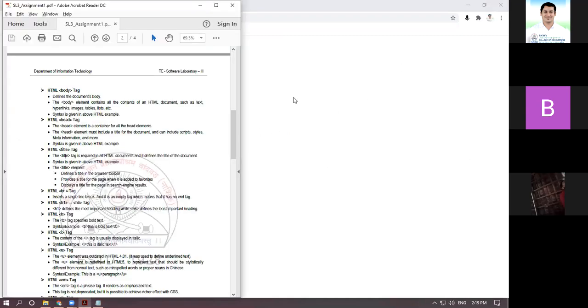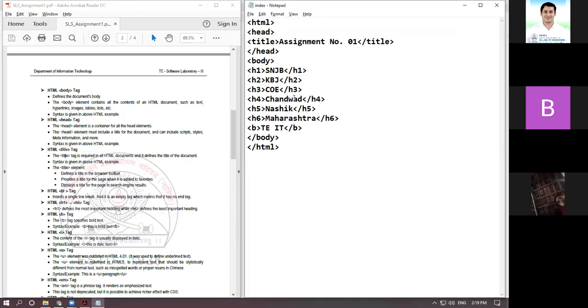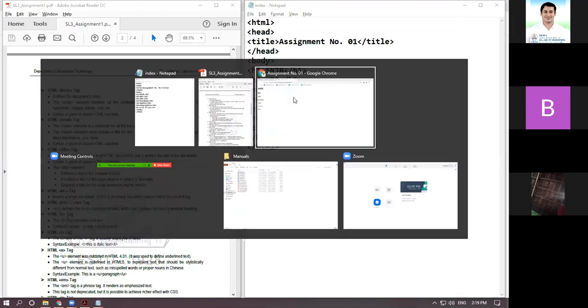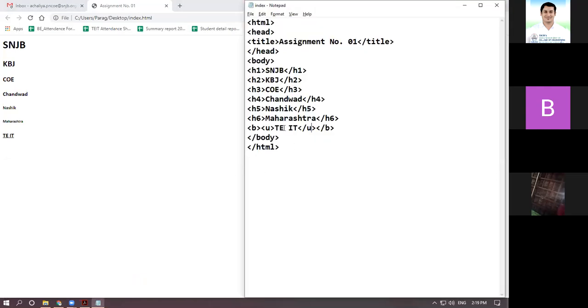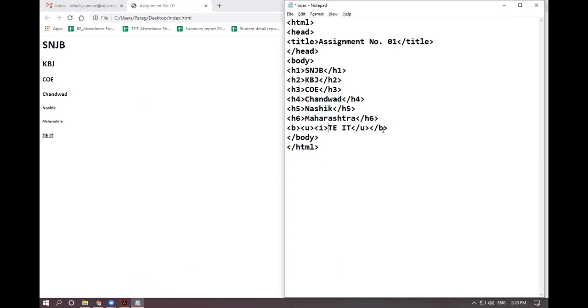Now I will modify this again. Suppose U stands for underline, slash U. Refresh it. You can see the underline for TEIT. This is the text formatting. I will make it italic.